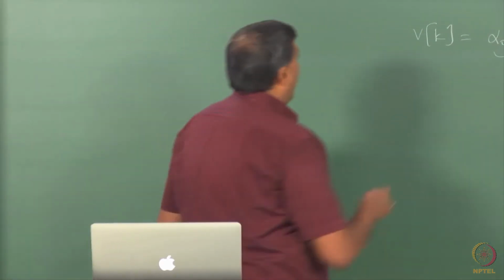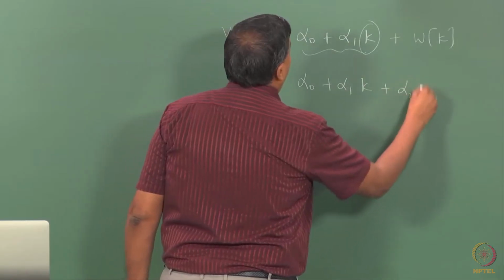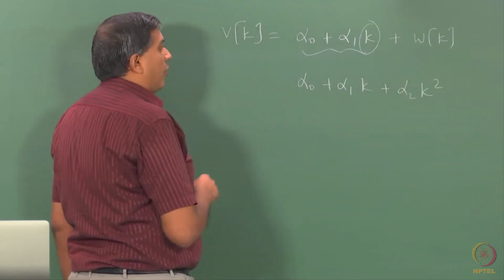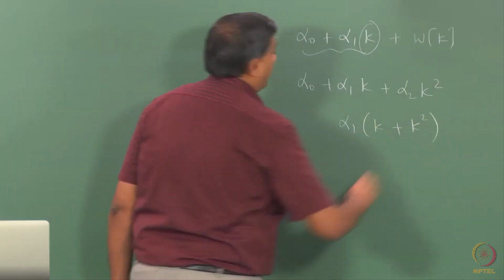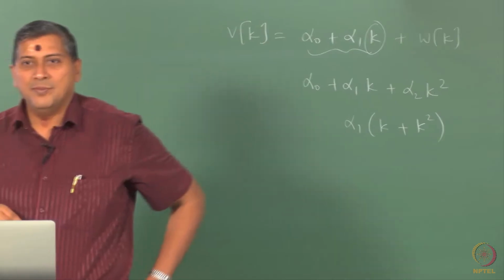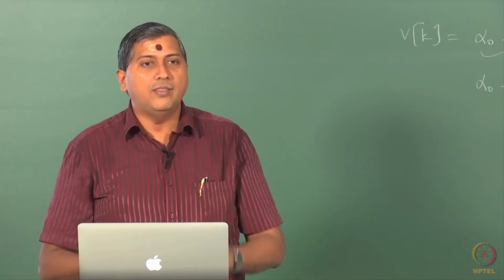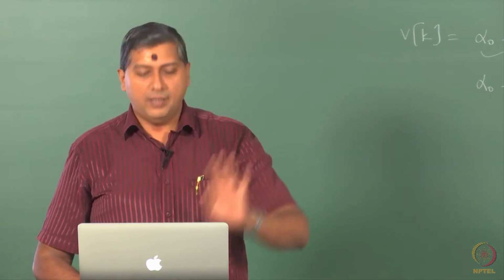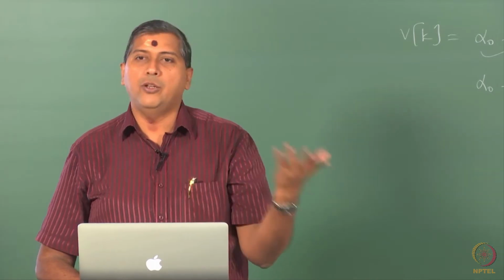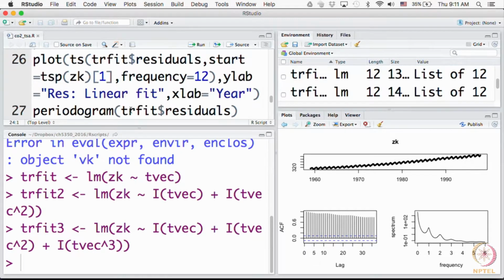So, you may mean to fit this kind of a model, but if you use a wrong syntax, then it may fit a model of this form. So, using I, we are telling LM that each of these is a separate regressor, okay. And of course, the intercept term is assumed by default. If you do not want the intercept term, then you use a -1 in addition in the formula, okay. And then we do the cubic fit, all right.